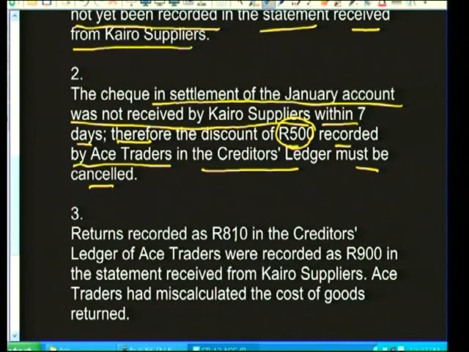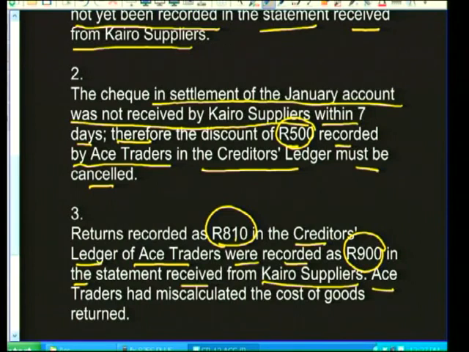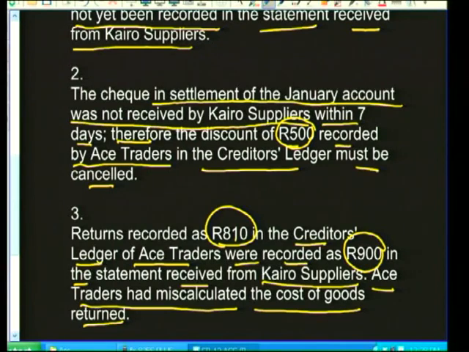Returns recorded as 810 Rand in the creditors ledger of Ace Traders were recorded as 900 Rand in the statement received from Cairo Suppliers. Ace Traders has miscalculated the cost of the goods returned. Again, you can clearly see the difference, 810 Rand and 900 Rand. What are we now going to do? We're going to tell ourselves, fine, the difference between these two is 90 Rand. And therefore,